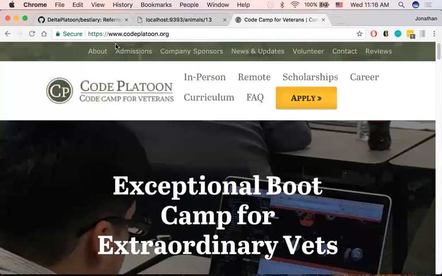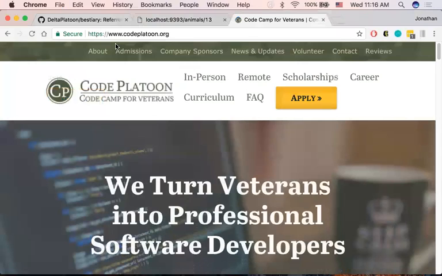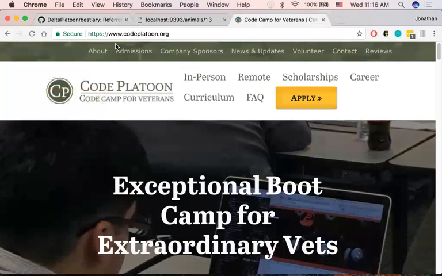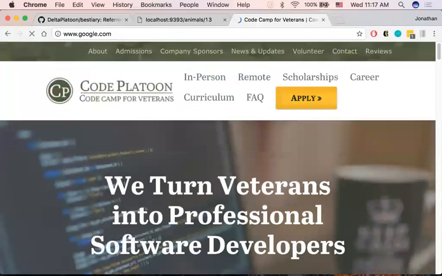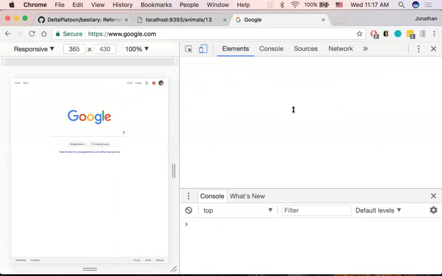When I type in codeplatoon.org, that's actually not a real website, but my website knows that whenever anybody makes a request to codeplatoon.org, they get redirected to https://www.codeplatoon.org. Same thing with Google. If you go to google.com, it'll automatically redirect you to https. When I inspect the element on this right side here,